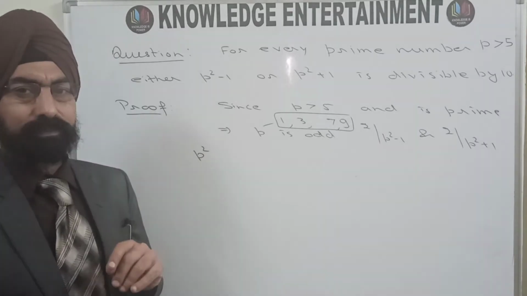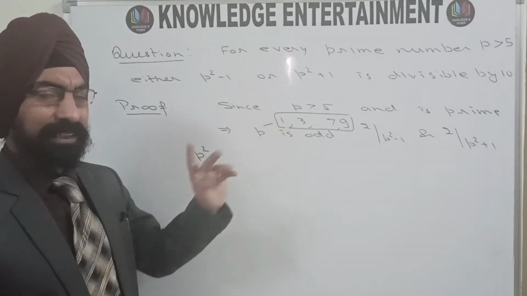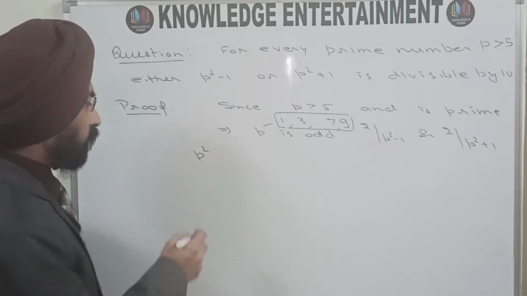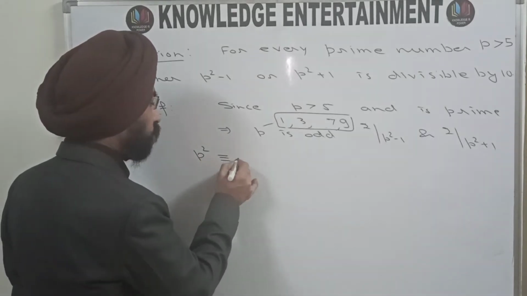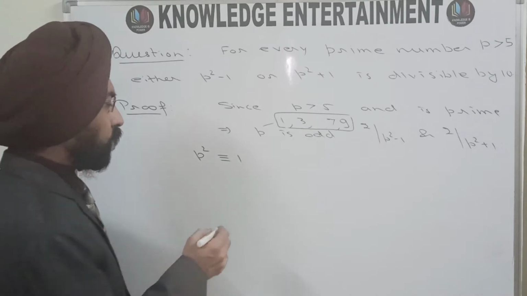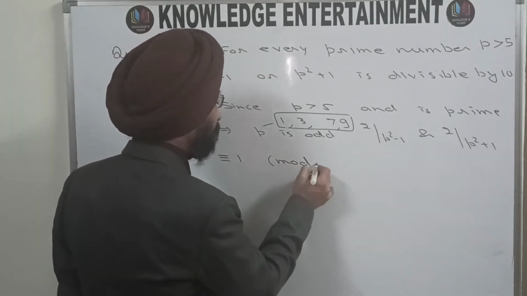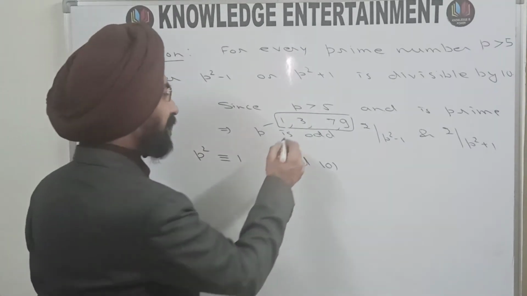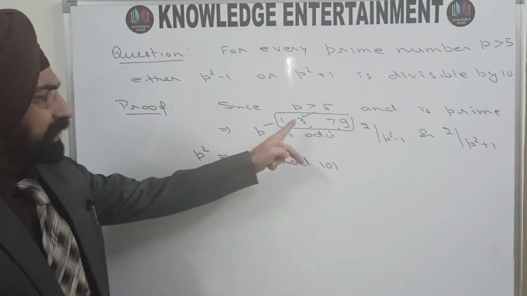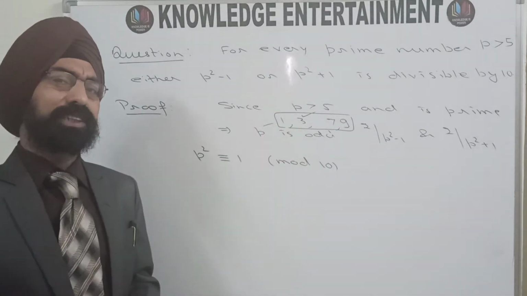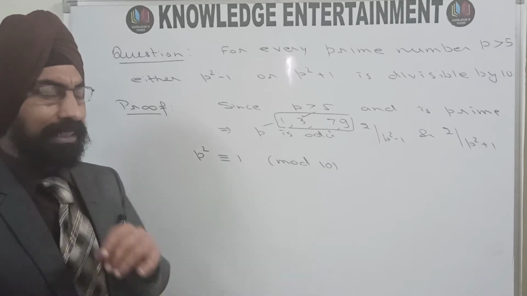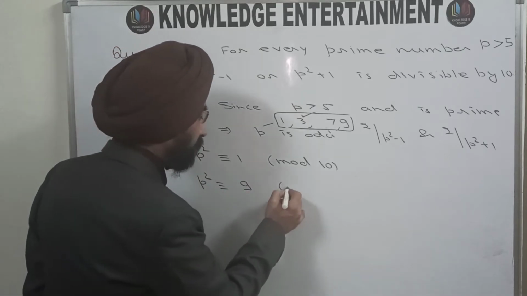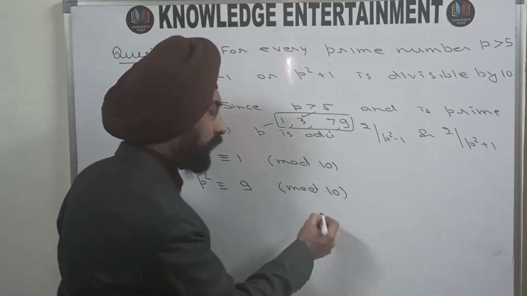Now what about p square? If p has last digit 1, then the last digit of p square is also 1. So that means p square is congruent to 1 modulo 10, because we are talking about the last digit. If the last digit of p is 3, then what will be the last digit of p square? Definitely it will be 9. So your p square will be congruent to 9 modulo 10,